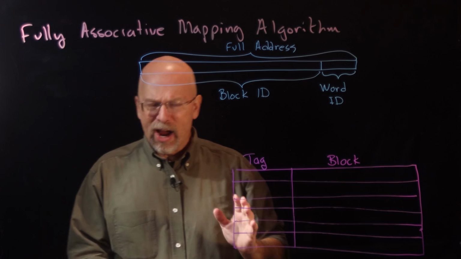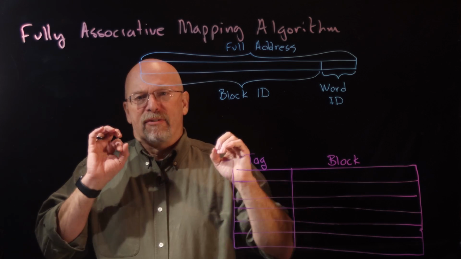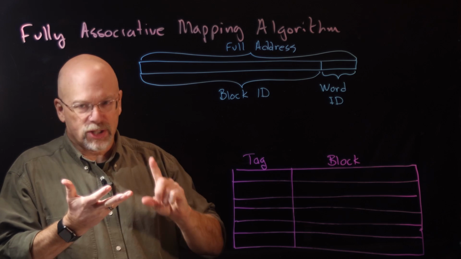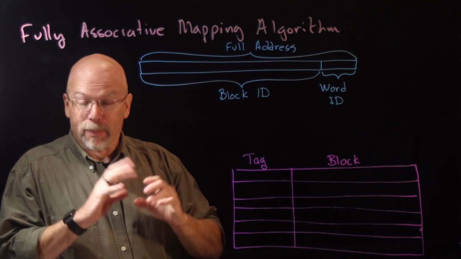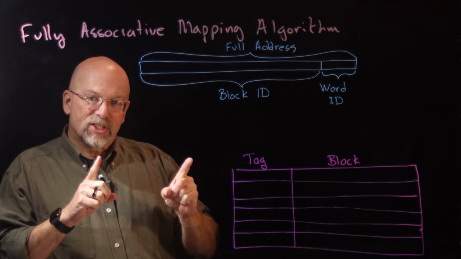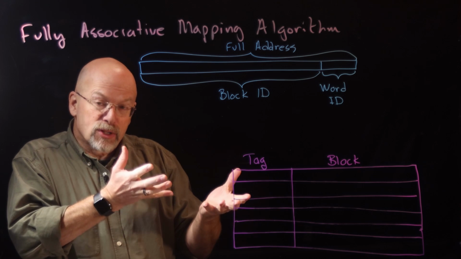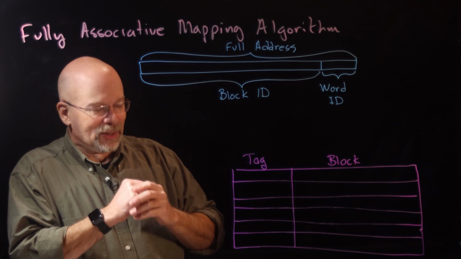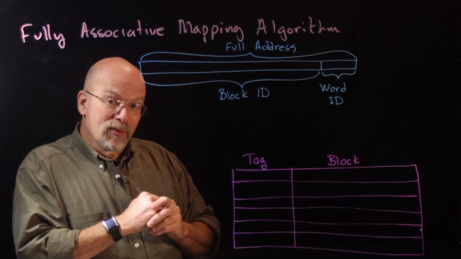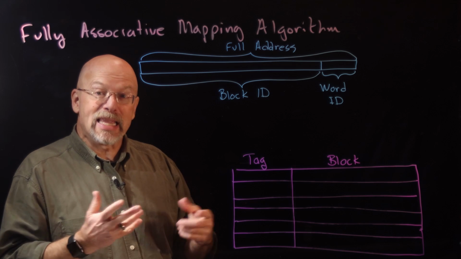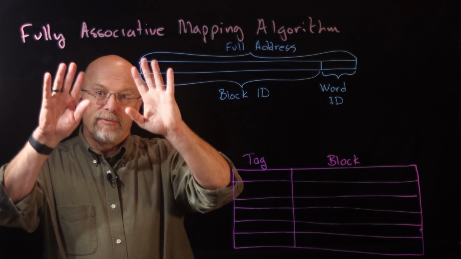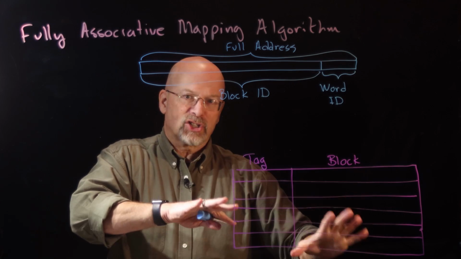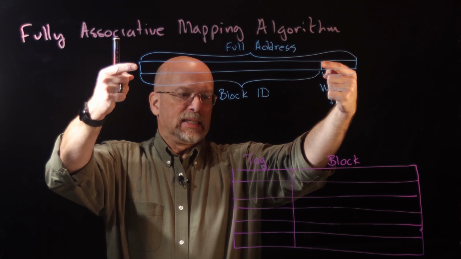So let's try this from scratch. If I've got a processor that needs an element from memory, it needs to access it, instruction, data, reading, writing, whatever, but it needs to access it. What it has to do is give a pattern of ones and zeros that represents the address that it's looking for in main memory. We'll talk about virtual memory later, but whenever it's giving a pattern of ones and zeros that represents the address. Now, in fully associative memory, the cache hardware takes the block ID and simply